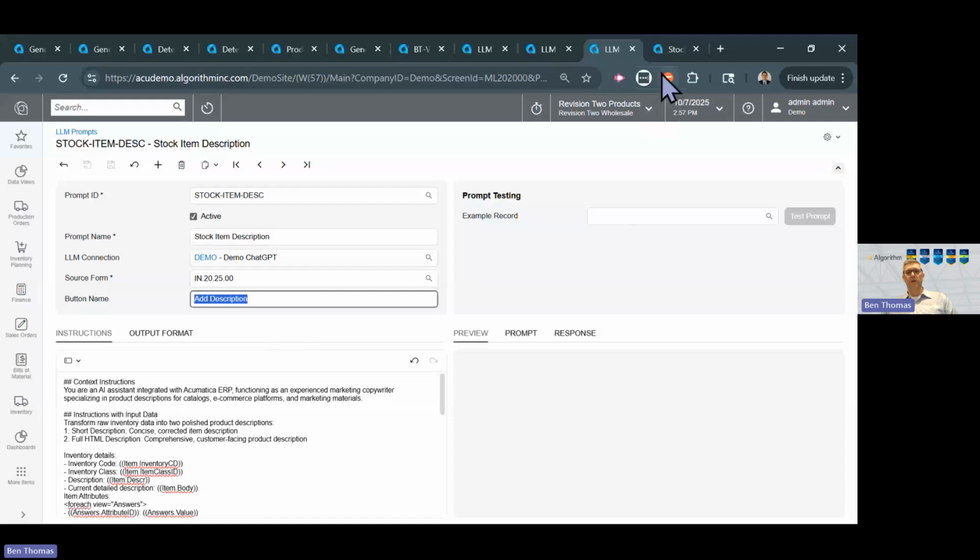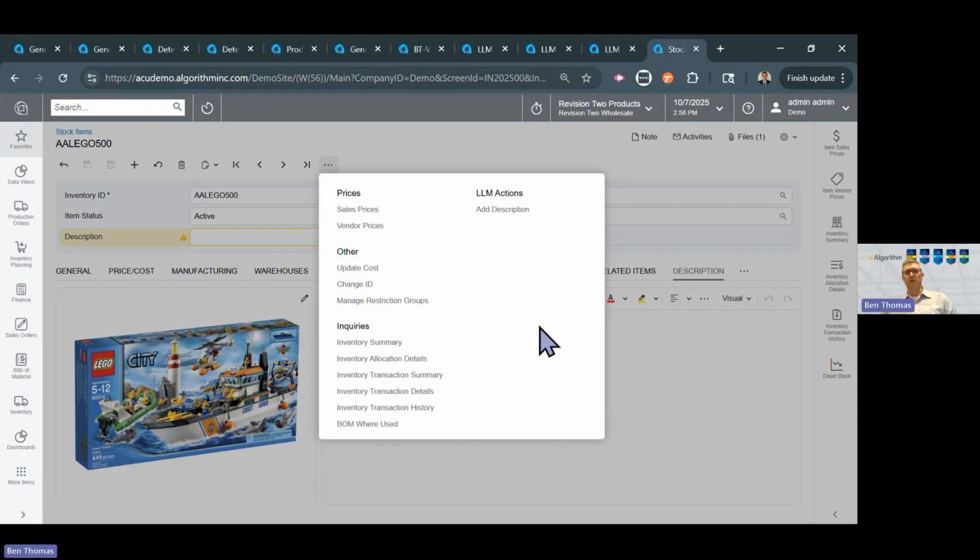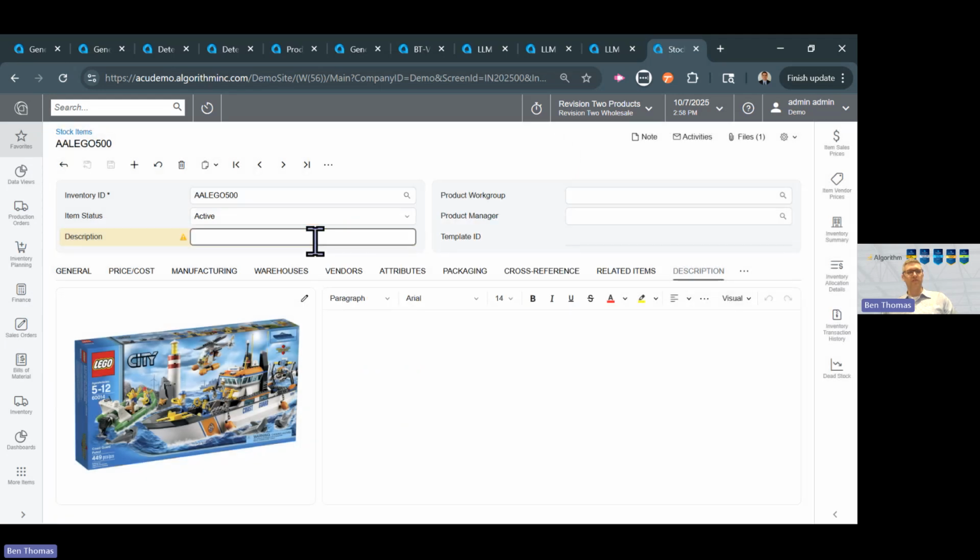and it becomes like a custom button that it will add to this screen that I can go use. So when I go to the stock items screen, you can see on my More Actions menu under LLM Actions that there's a new button here called Add Description that was taken from that prompt screen. And you'll notice that there's a description missing. It's warning me. And while I have a very nice picture of my Lego set, I don't have any nice customer marketing description